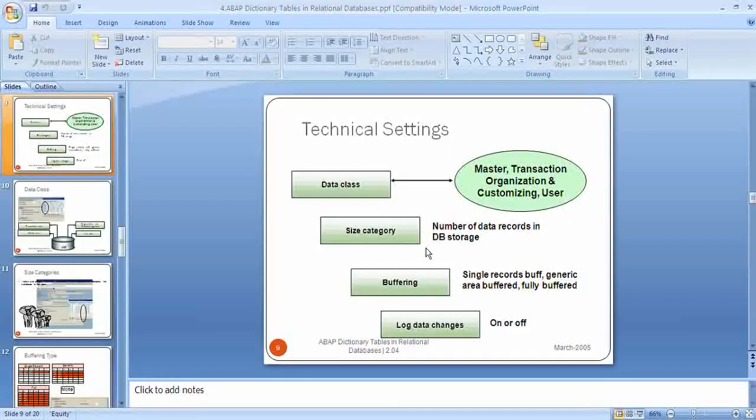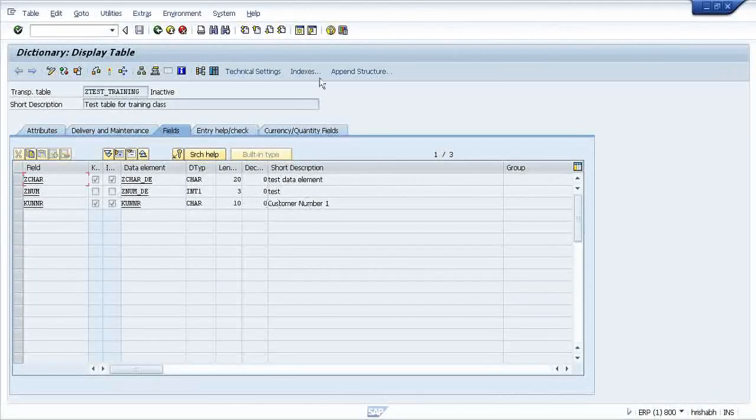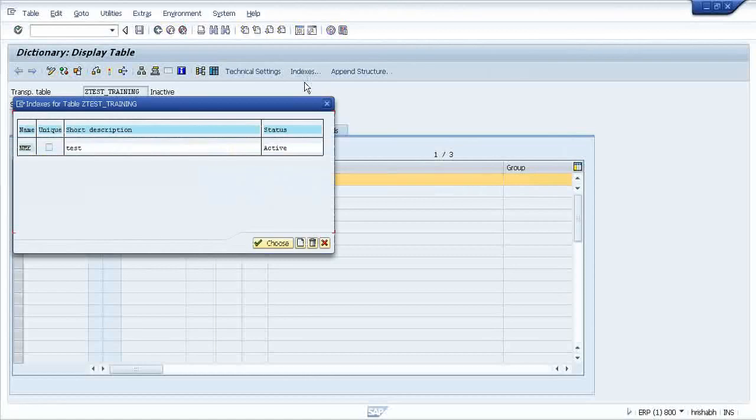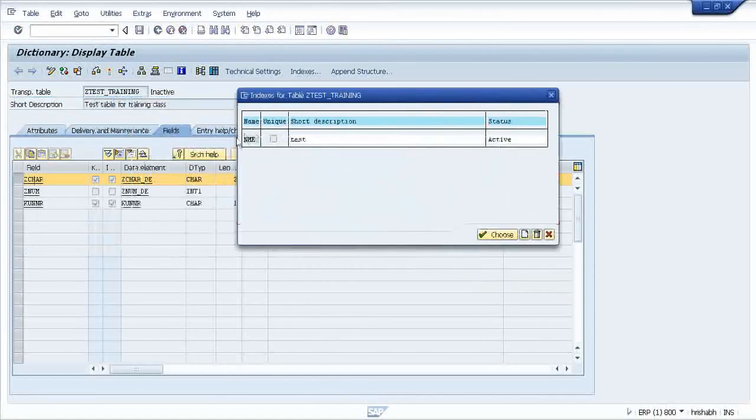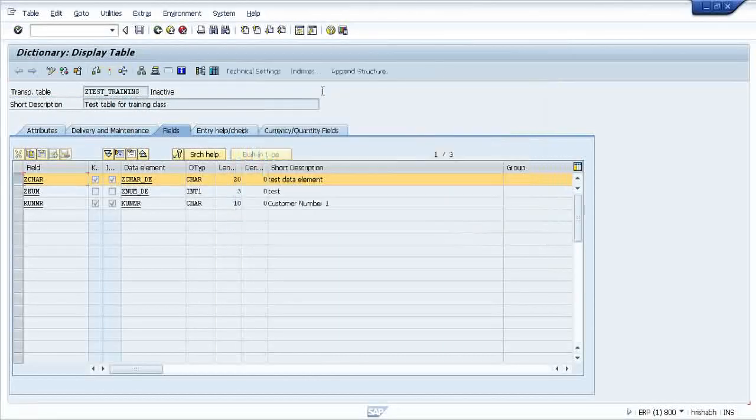It is understandable. Okay, now let me show you. So one thing is missing in the slide. Secondary index kind of thing is there. See, indexes. This is secondary index 17. Okay, so